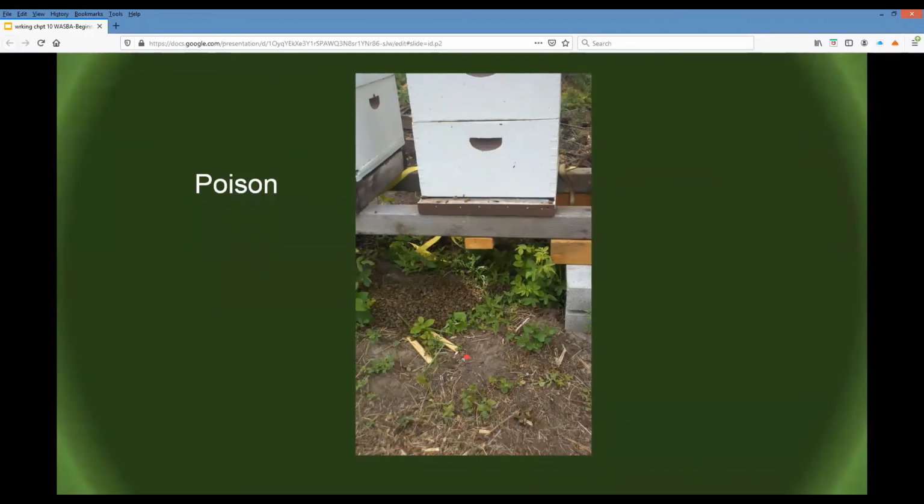The takeaway on this is, of course, people who have honeybee hives are careful about poison, and we don't put it on things, but you can't always control everybody, so let your neighbors know that you have hives. Let them know where your hives are located. If they like to spray things,